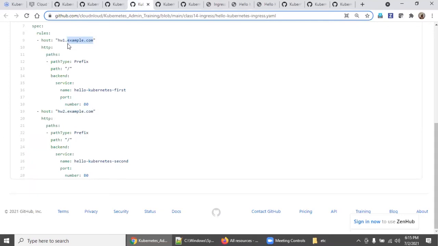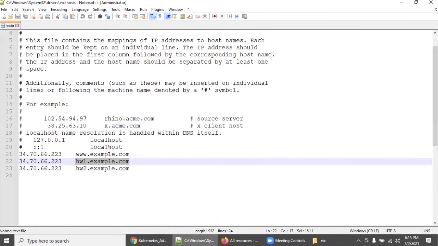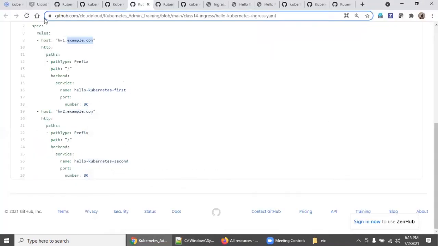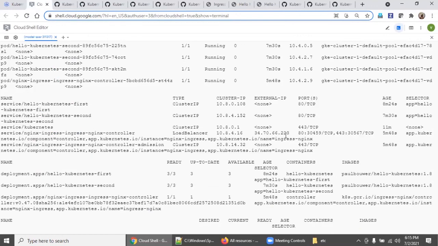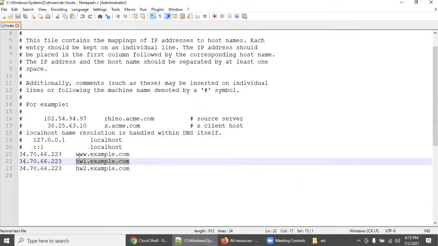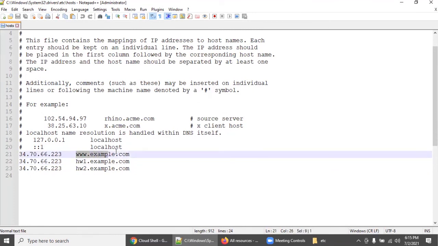So what I'm suggesting is go with your host file, and whatever external IP you are getting after you deployed, put it in your local host file with the testing domain name. Don't worry, you haven't registered the domain name. It's fine. This is just for a POC, just for learning, correct? But you need to understand the logic. For that, this is more than enough.